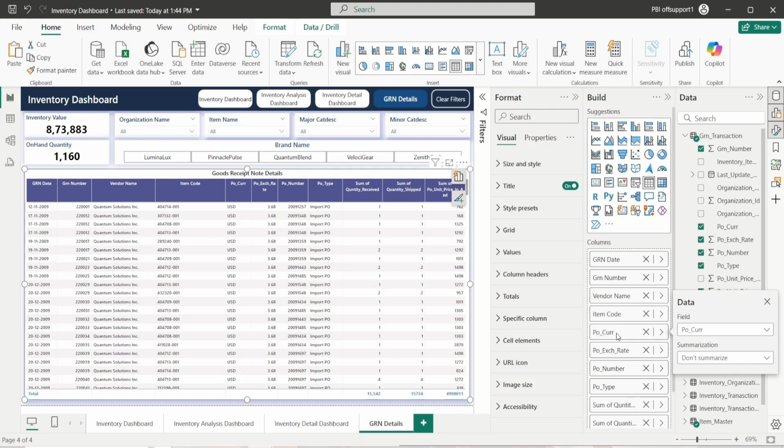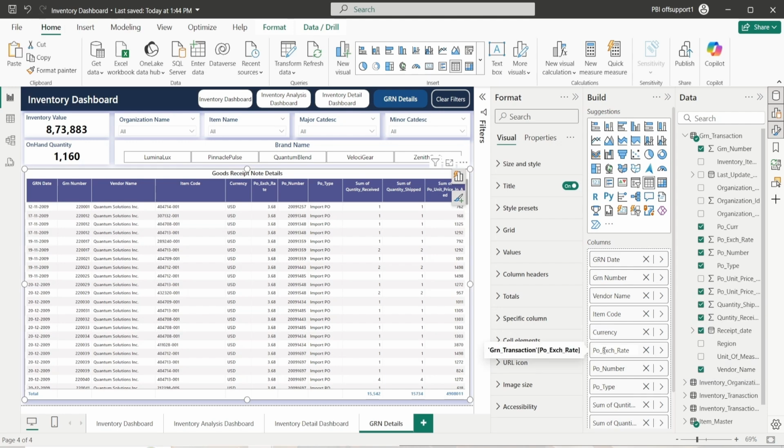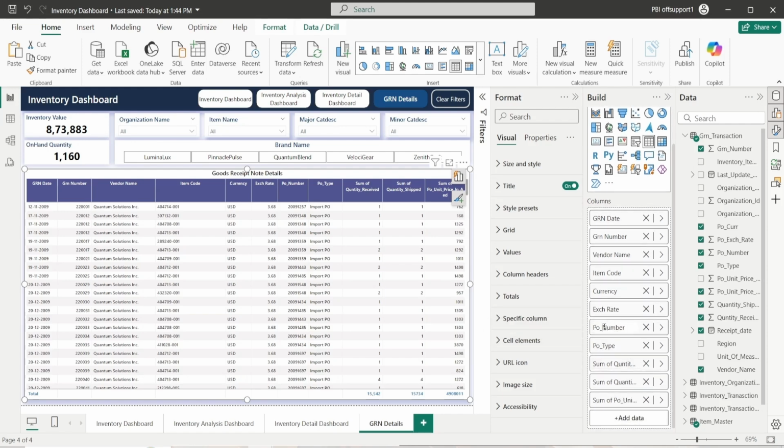Here we have currency, then exchange rate, PO number, PO type,